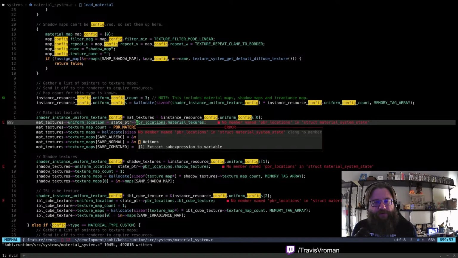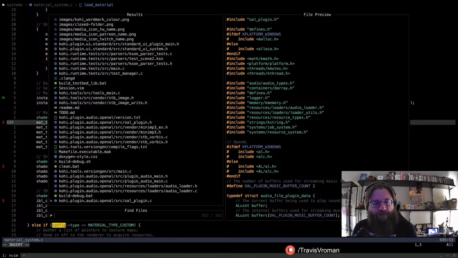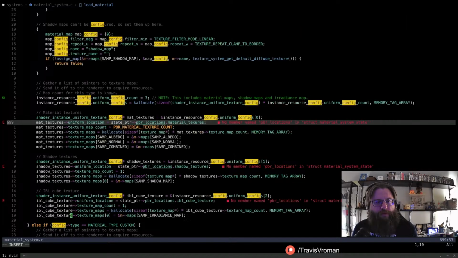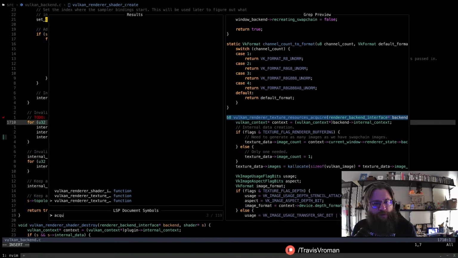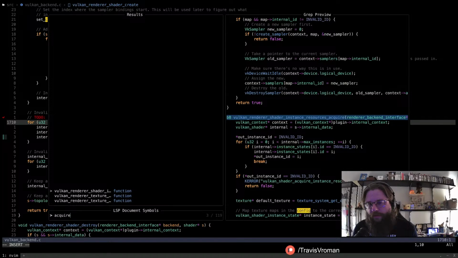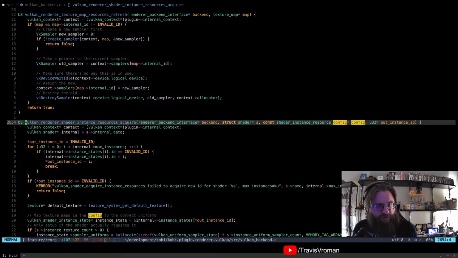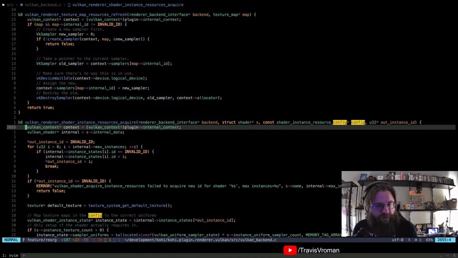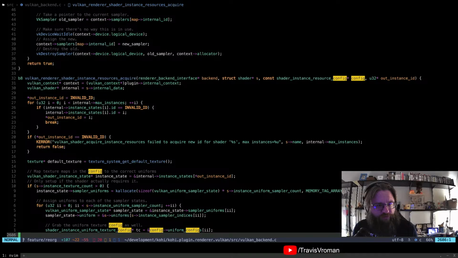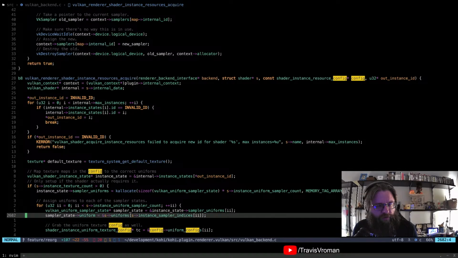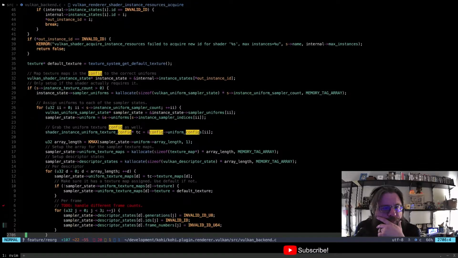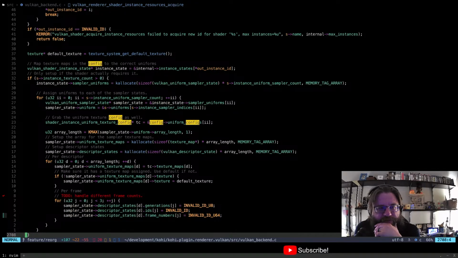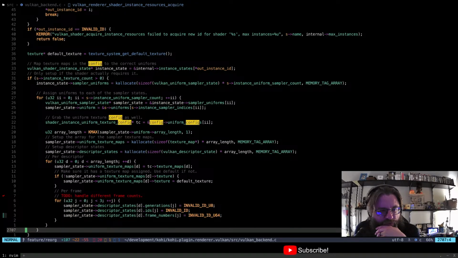So let's go back to acquire instance resources. This is specific for the texture map portion of this. So instance texture count. Sampler uniforms, kallocate. So we set up an array for that. We go through each one.